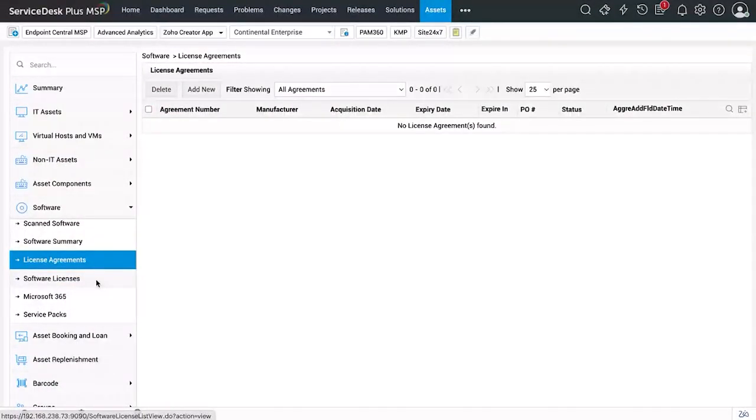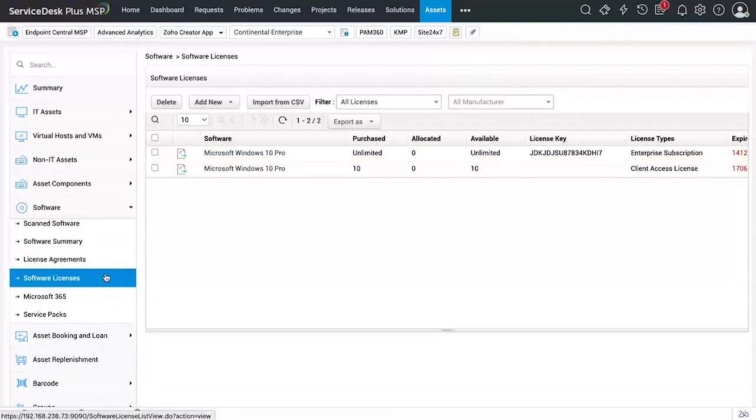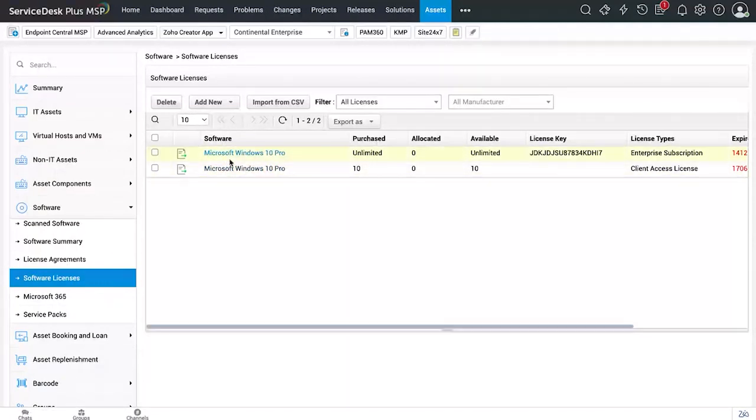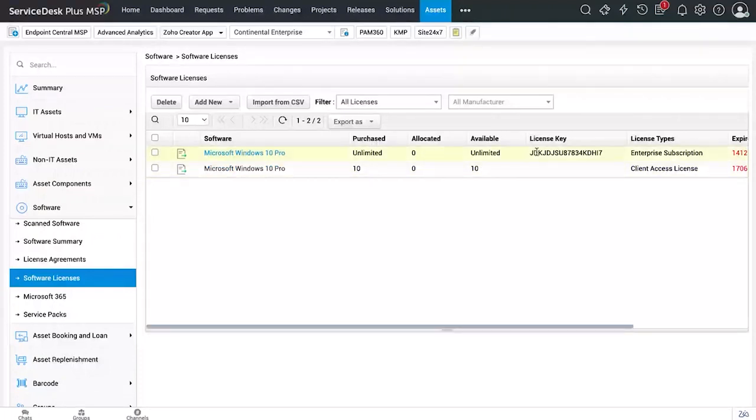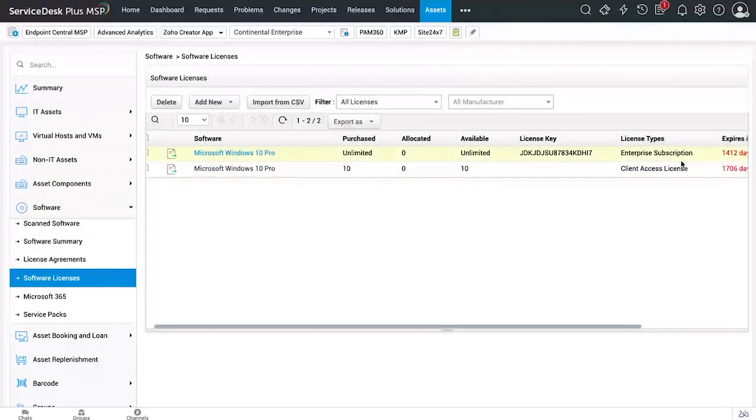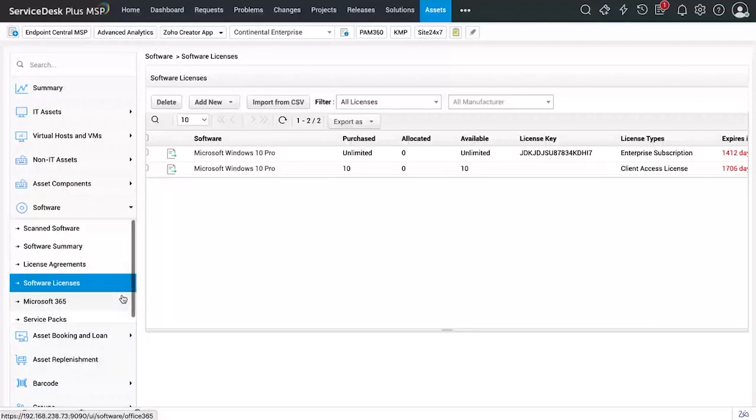And all the different software licenses can be captured under the software licenses tab. And this is where you'll be able to see the different licenses that are available for your organization, right? So how many licenses have you purchased, how many are allocated already, and how many are available for you, and the different license keys and the types of the different licenses for each of your software, right? So that way you'll be able to effectively manage all the different types of hardware and software IT assets in your client's